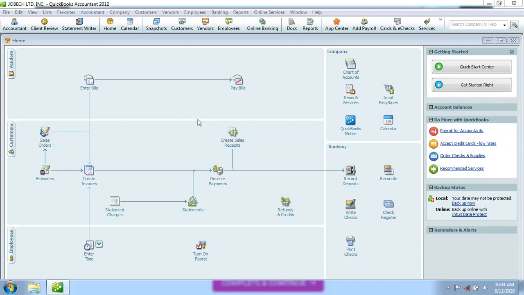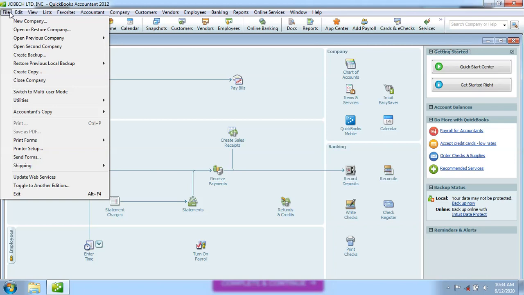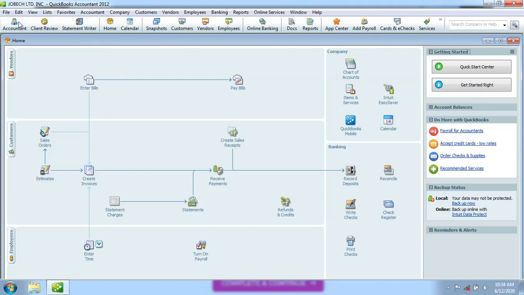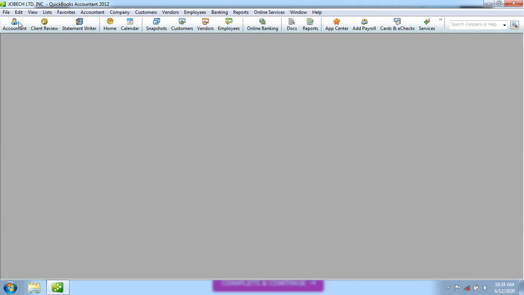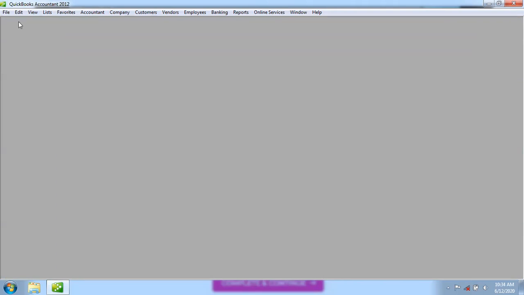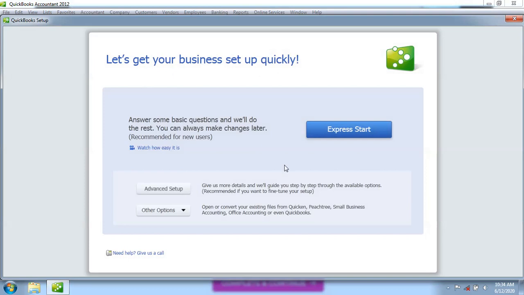So what we avoided in the previous lesson, that is now what we're going to do, and then from there we're going to move forward. It's very simple. I'm going to start again, go to file, and create a new file afresh, but we're going to use a different path to get to this point. So we go to file, and there you go, new company, right? Let's give it some time, and here we are. Notice the same interface that you found. So we go to Express Start,